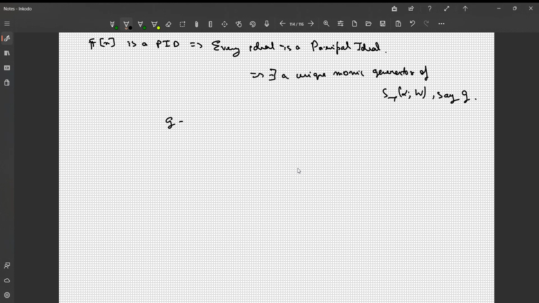Okay. And we name that monic polynomial, say, G. The G is also termed as, which was the definition we used in the first lecture,